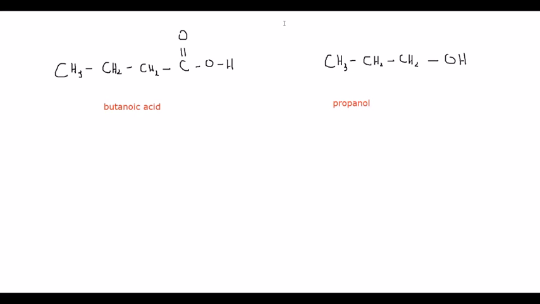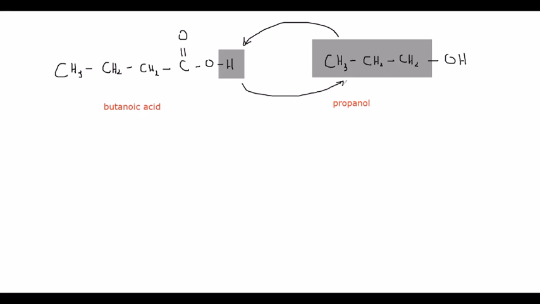What happens when carboxylic acid reacts? Their hydrogen is replaced. When carboxylic acid reacts with alcohol, their hydrogen is replaced by the whole carbon chain. So this whole carbon chain will take the position of this hydrogen, and hydrogen will be at their position. So the product which is formed in this reaction,